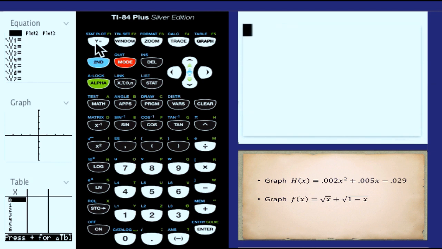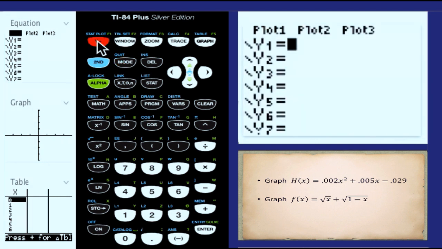So let's type it into our grapher. To access the graphing buttons, you notice that all the graphing keys are up here in white on the very top row of your graphing calculator. The y equals button, we're going to press that, and that's going to be where we type in the function. So let's just start typing. Decimal point